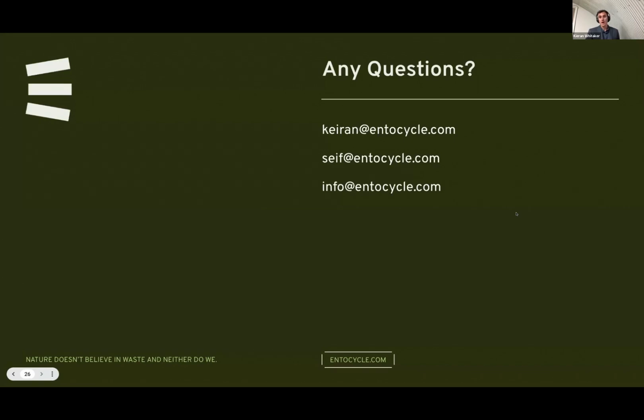As I said, we are not farmers ourselves. We help people build and deploy their own facilities. So if you have any interest to actually come and build one yourself, whether you're based here in the UK,